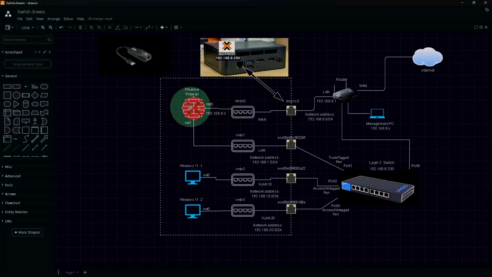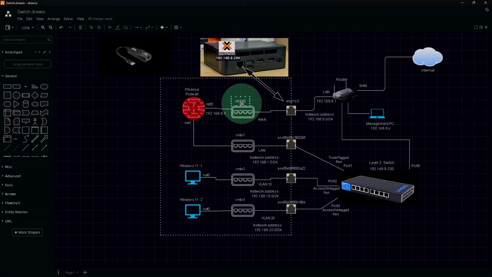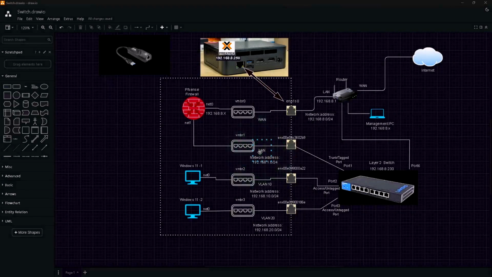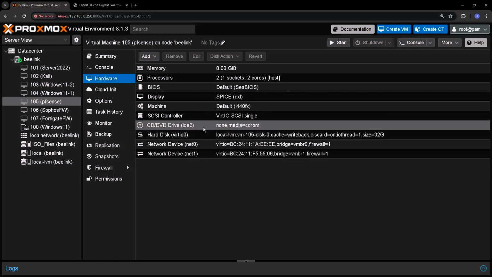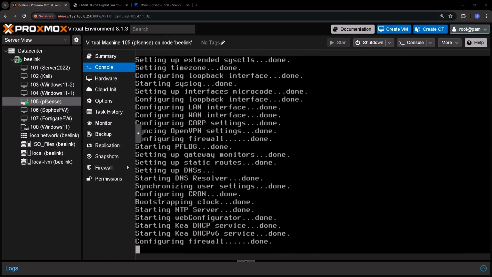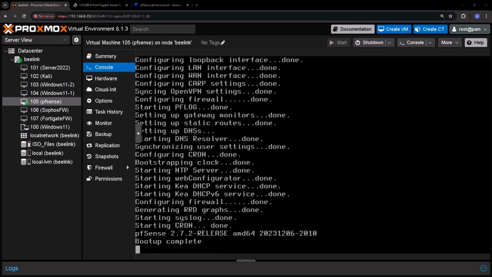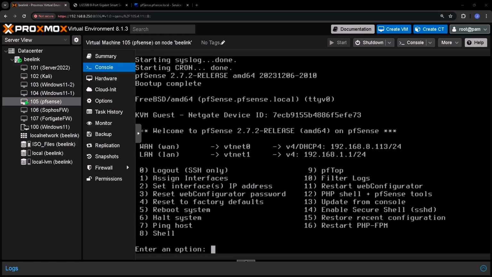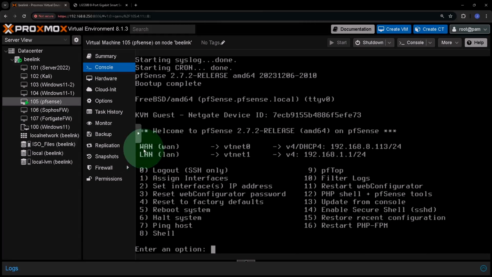From the diagram, Net0 is connected to VMBR0 for the WAN. And Net1 is connected to VMBR1 for the LAN. Let us start this VM then. pfsense firewall is up and running. The DHCP assigned IP on the WAN interface is